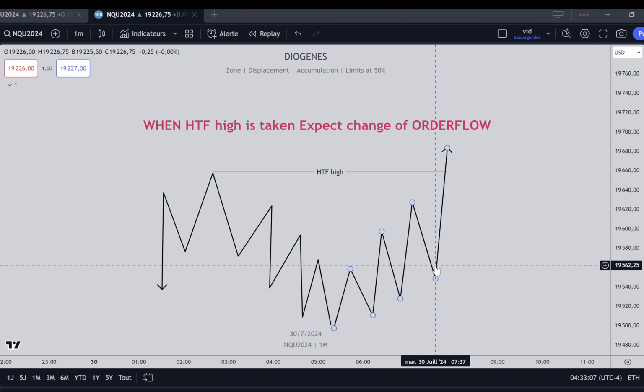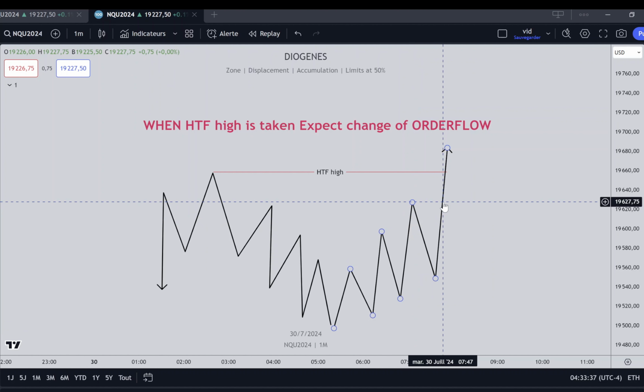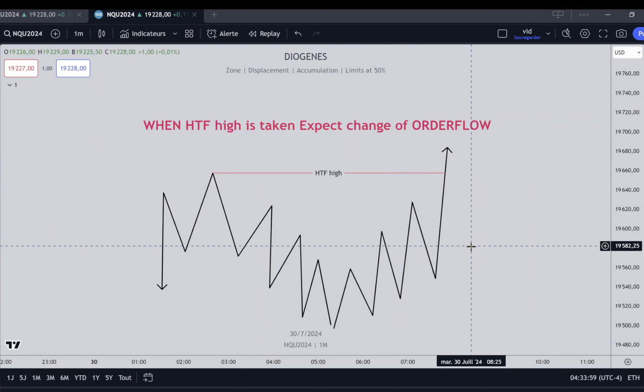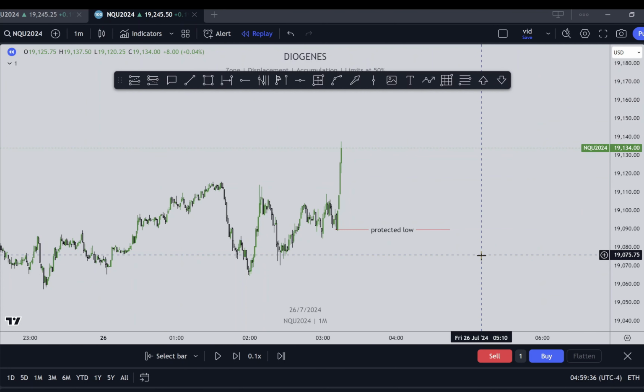This is only a simple way to introduce new guys to the Moneymaker setup. If you want to learn more about it, I will leave you some videos in the description so you can study it more deeply. Now let's look at Friday, the 26th July trades and see how the Moneymaker setup played